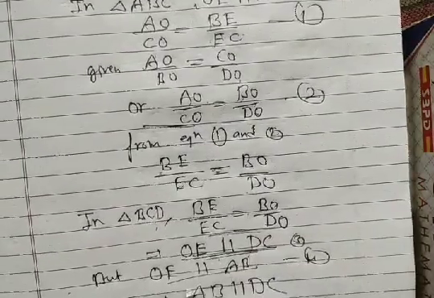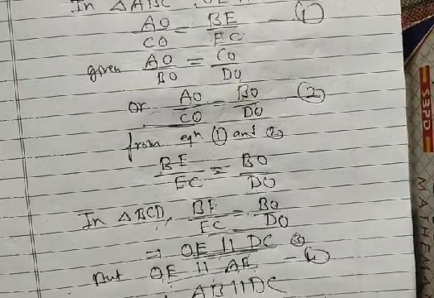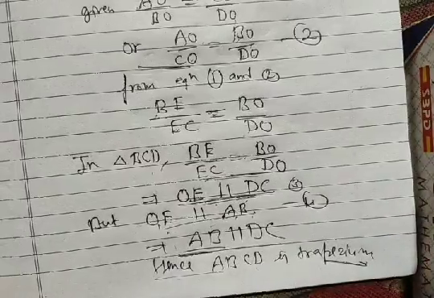But by construction, we drew OE parallel to AB. So OE is parallel to DC, and OE is parallel to AB. This means AB is parallel to DC. Then ABCD is a trapezium. Now we move on to